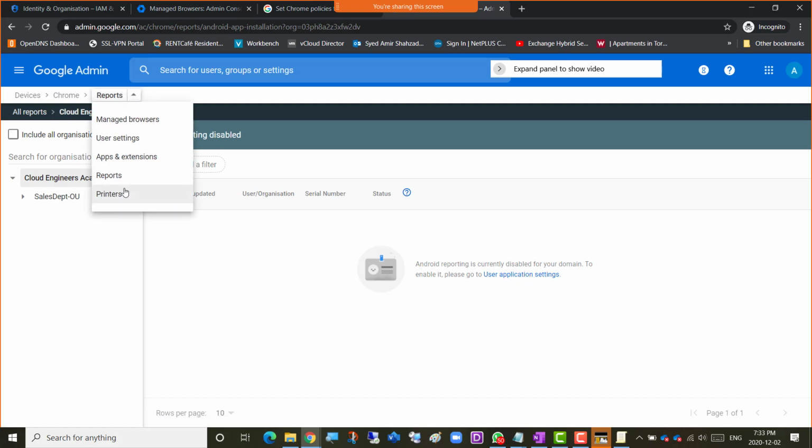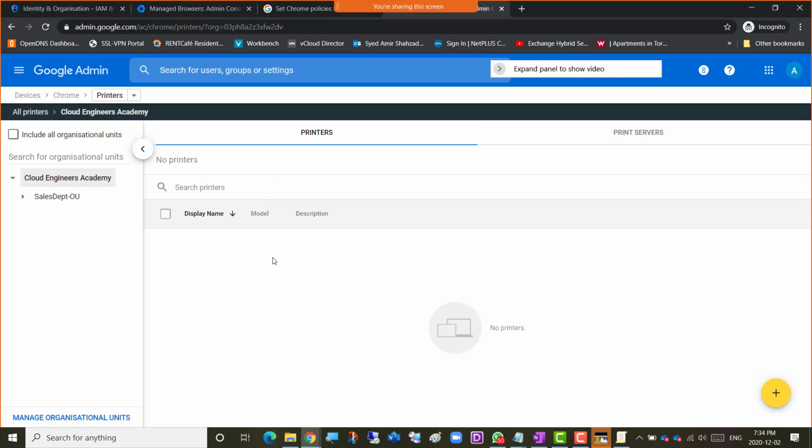So I'm just going to go to printers. Now printers is really important, suppose your users are in a branch, and they all need to be added to certain printers. This is what we were doing with group policies in the domain as well. You can publish printers to thousands of users or thousands of machines, right? So you can publish printers here to thousands of browsers as well. So I'm going to click the printers here,